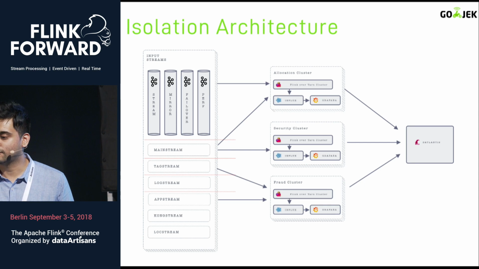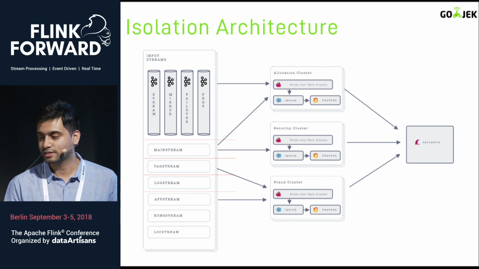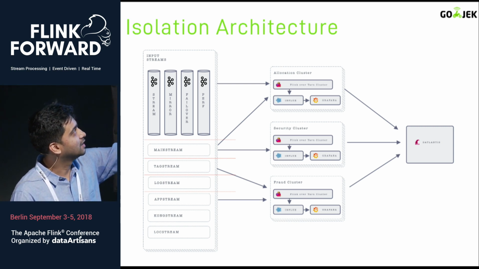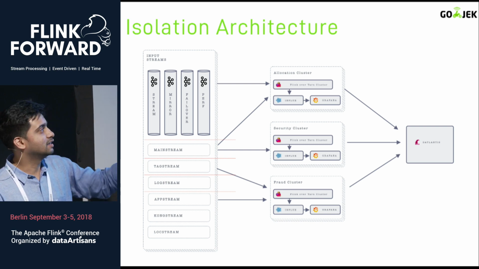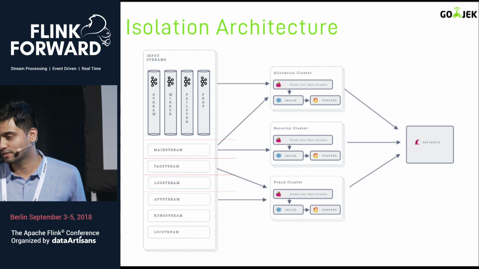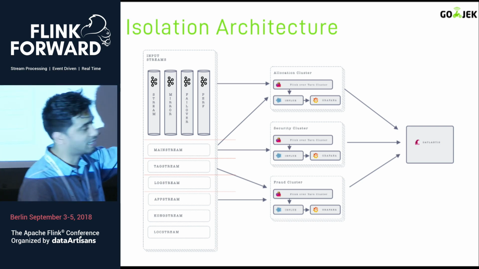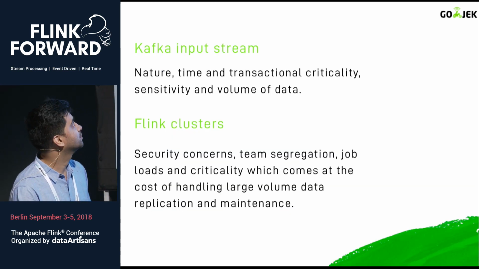So for these, we have dedicated Kafka clusters and dedicated yarn clusters, and these are all managed by teams. There are people who are authorized to act on them, and only they can edit the jobs in their clusters. So here's a diagram: these are our various Kafkas, and various yarn clusters for the jobs. Each of these is managed and authorized for only certain teams. And we have our own application called Atlantis, which manages the deployment of the Flink jobs and also governs the access.